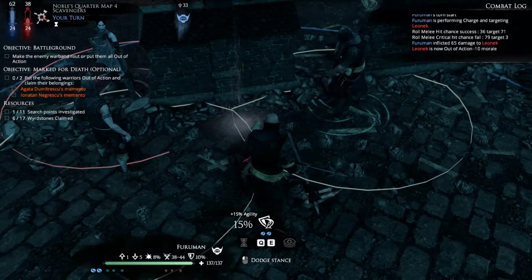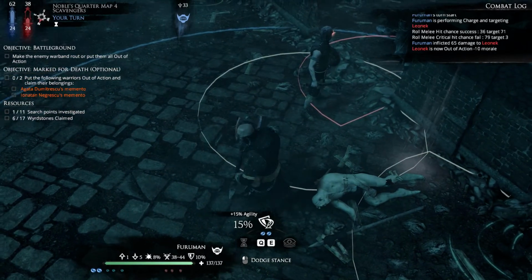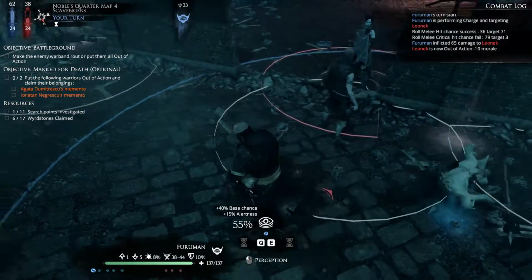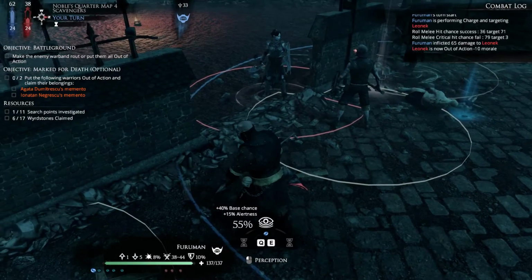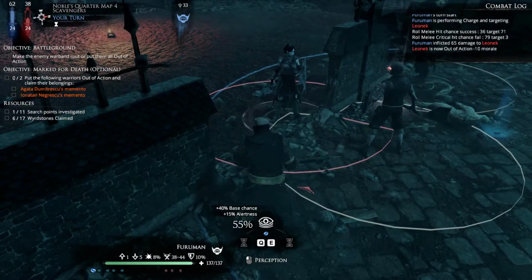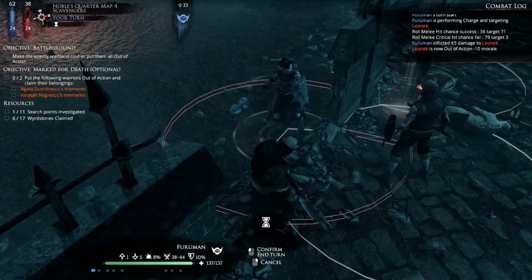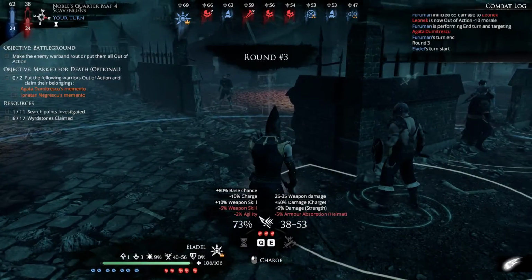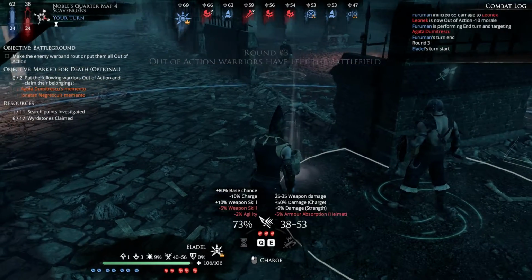Ghoul out of action. I would pick up the stuff, but can't reach it. So let's bring ourselves round and into combat as well. We don't have dodge stance or anything from the position that we come in. A new round has started. But it's still good for us. Okay,